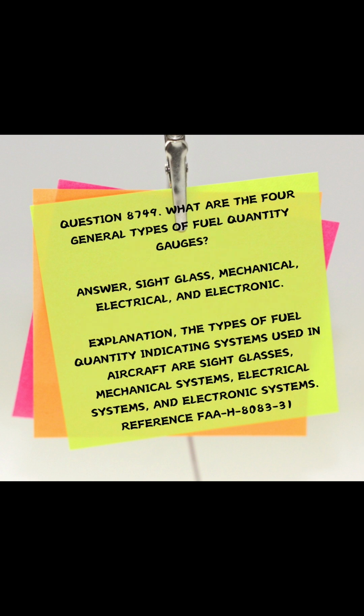8083-31. Question 8749. What are the 4 general types of fuel quantity gauges? Answer: sight glass, mechanical, electrical, and electronic. Explanation: the types of fuel quantity indicating systems used in aircraft are sight glasses, mechanical systems, electrical systems, and electronic systems. Reference: FAA H